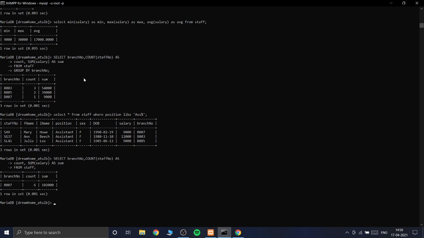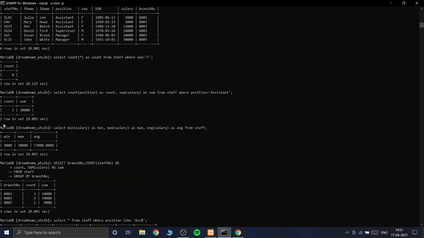In this, we have to group the data by some conditions. Select branch number, branch number is selected. Count staff number as count, we have to count the staff number. Sum equal to salary, we have to sum their salary as sum from staff. Group by branch number, you have to group the data by the branch number.